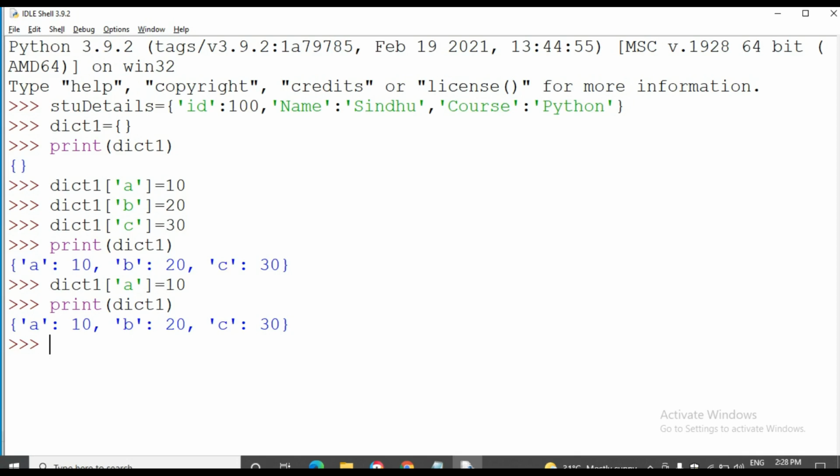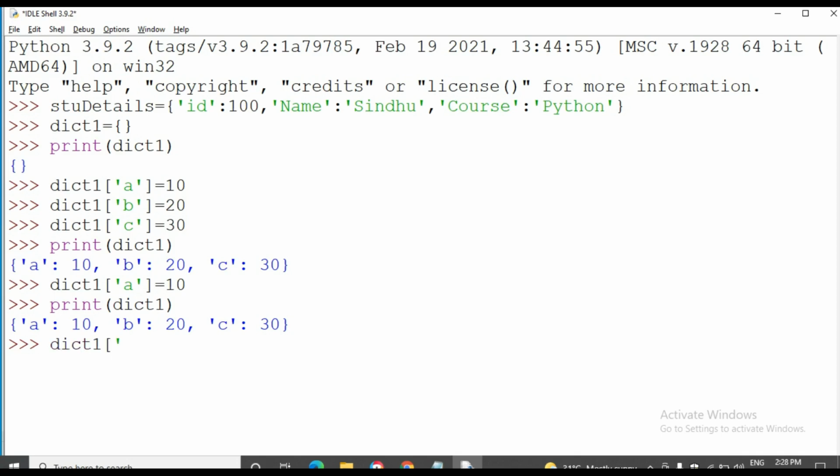See, we already have a key A, and again I created the key A, but the keys should not be duplicated. The dictionary does not allow duplicate keys. So only one time the key A has come with the value. But we can add duplicate values.